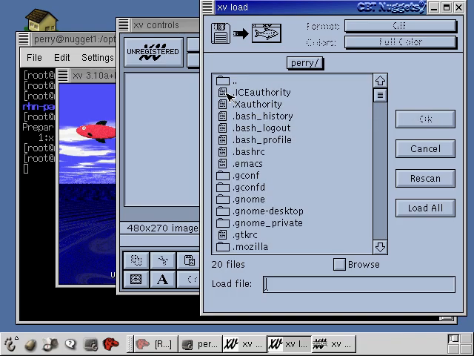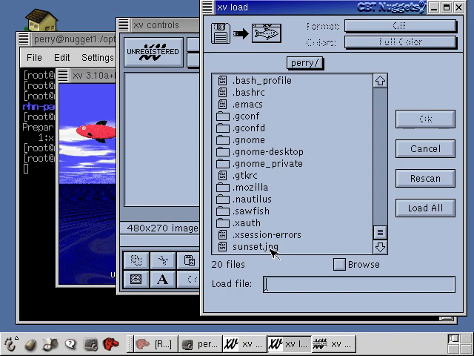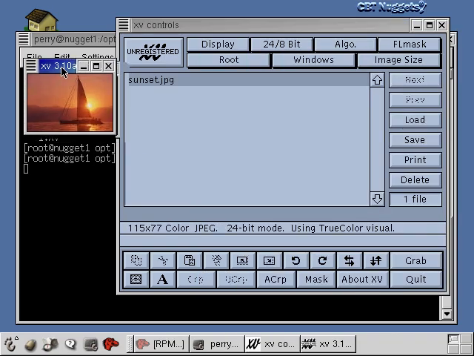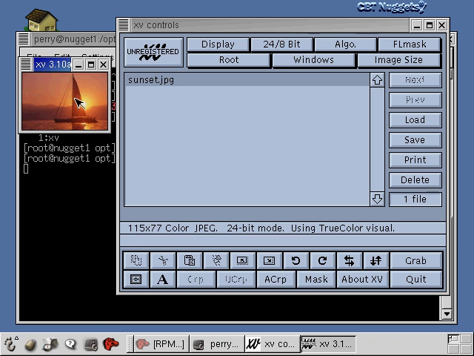I'll double click on Perry to go into my home directory. And now I'll page down here, and there's this file called sunset.jpg. So I'll double click on that. And now you can see the sunset.jpg file is open here, and I can manipulate it with the various tools